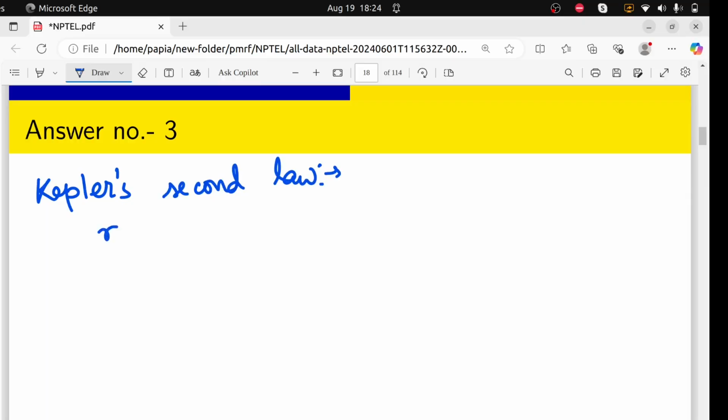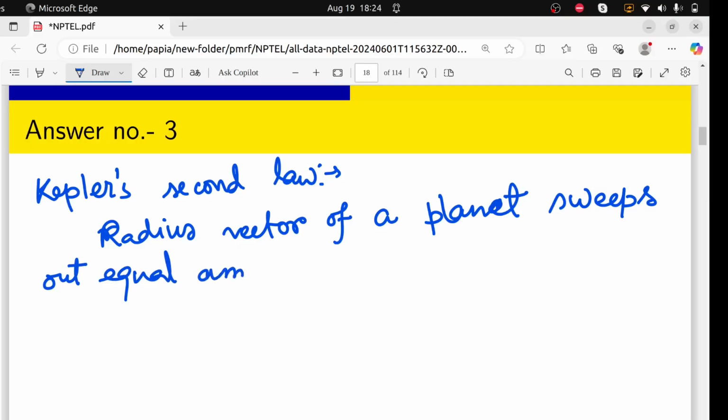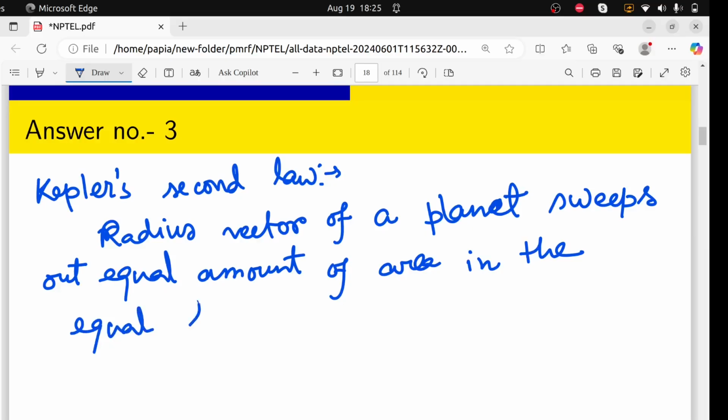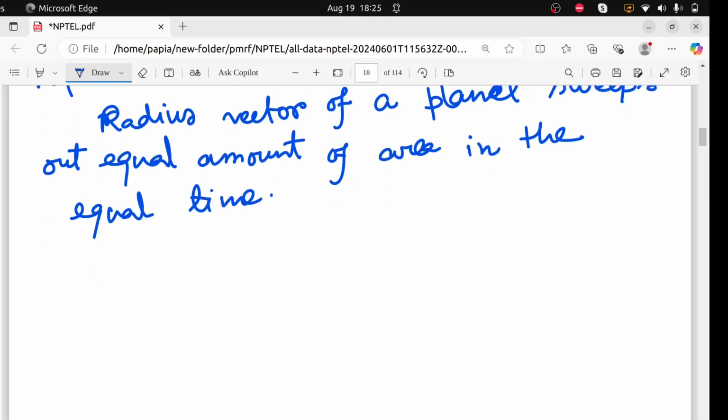it says that the radius vector of a planet sweeps out equal amount of area in the equal time. So what does this mean? Radius vector of a planet sweeps out equal amount of area in the equal time, which means if I have